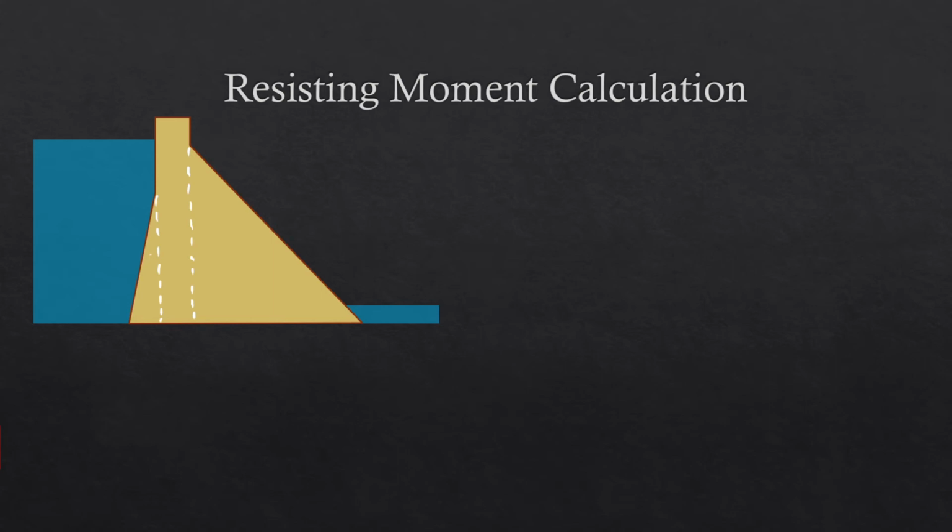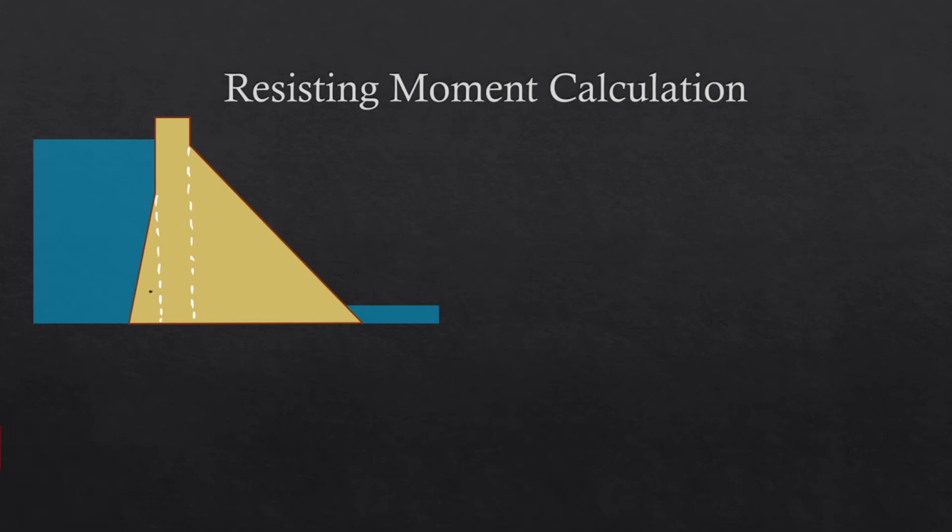So therefore we'll divide it into these three simple geometrical portions: one small triangle, one rectangle, and a bigger triangle. So we'll give them names,